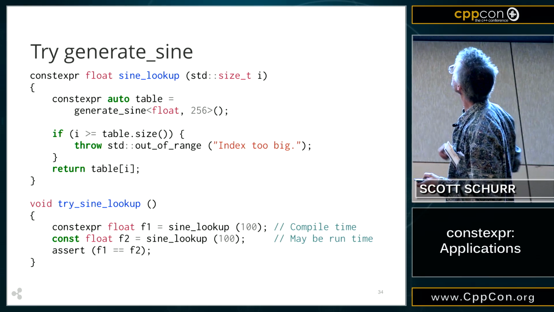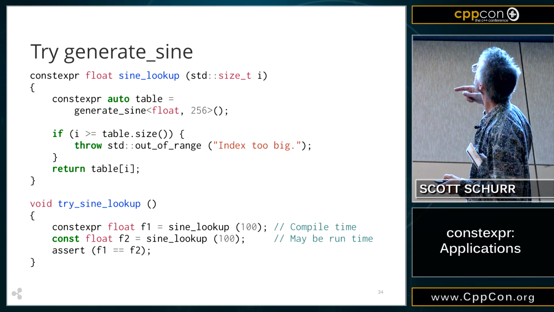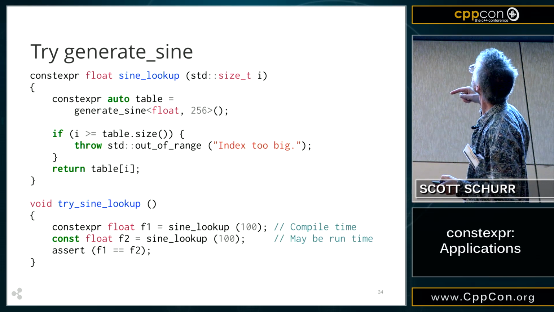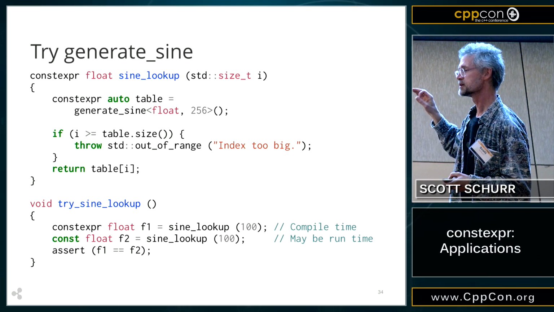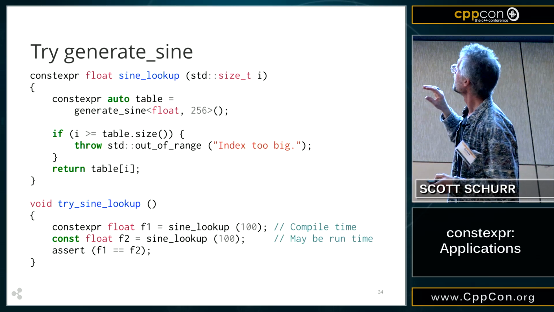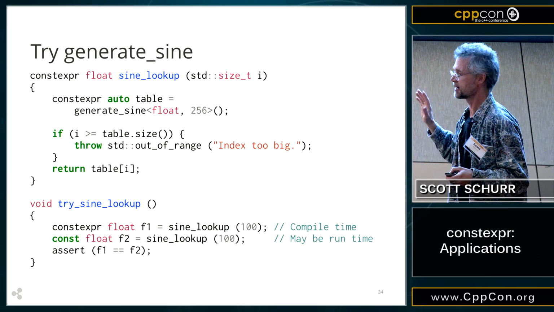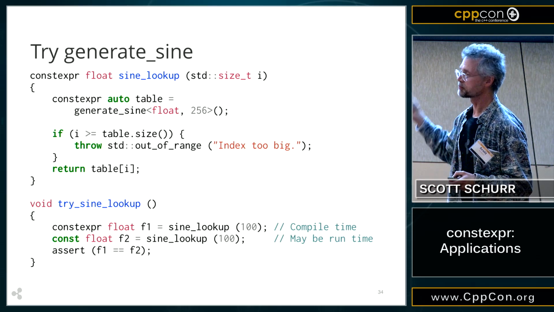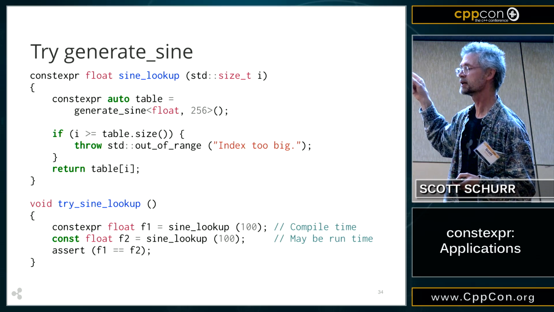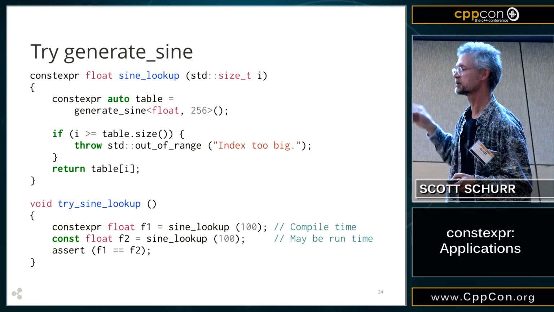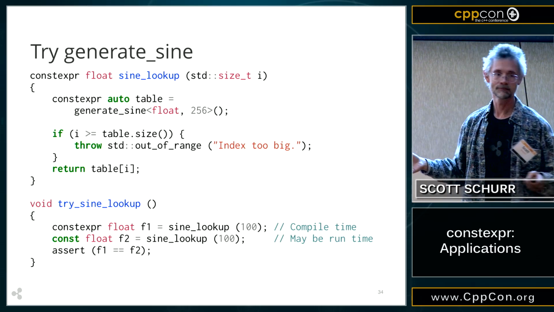So in this particular case, I was thinking of the previous case where I'm going to modify the values. And this is in sine lookup, and I'm not going to modify those values. So in this case, I don't know that I have to declare it as constexpr. Again, I'm not a compiler. In the earlier case where we were calling generate sine, its value cannot be constexpr because you're going to be modifying it before you return it. So, yeah, sorry.